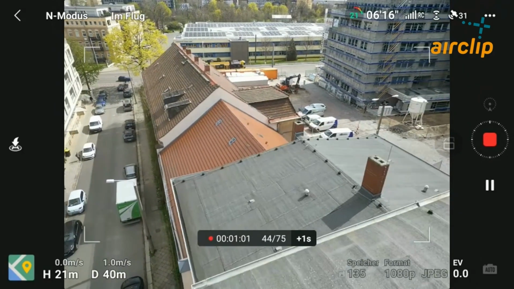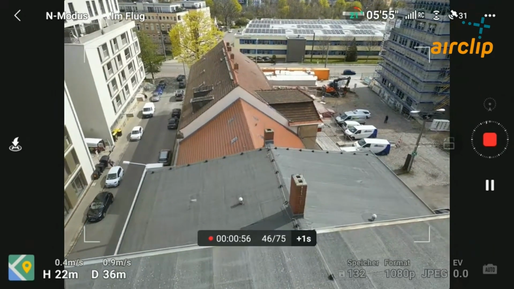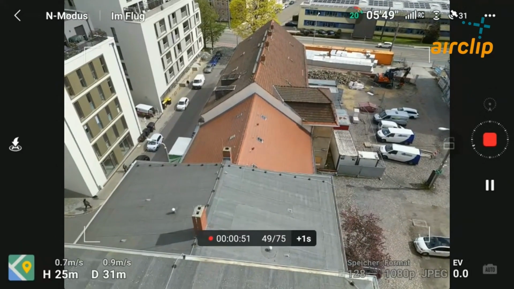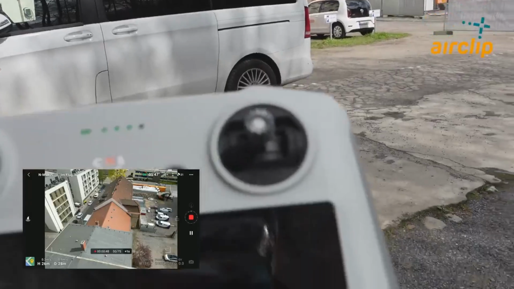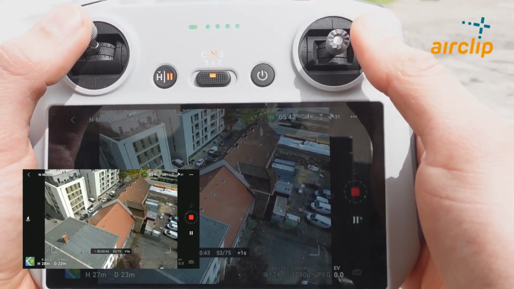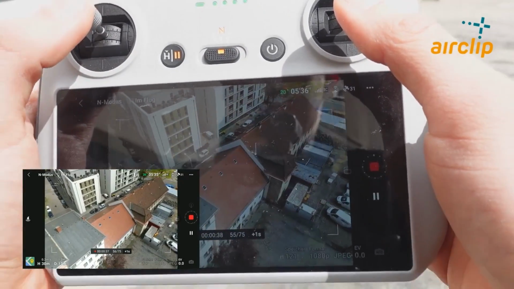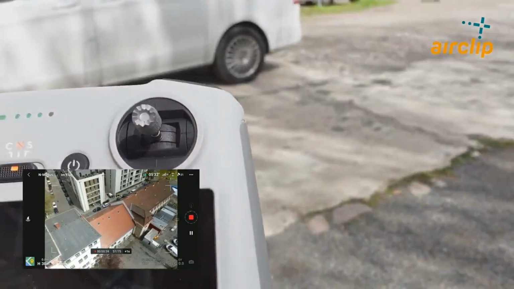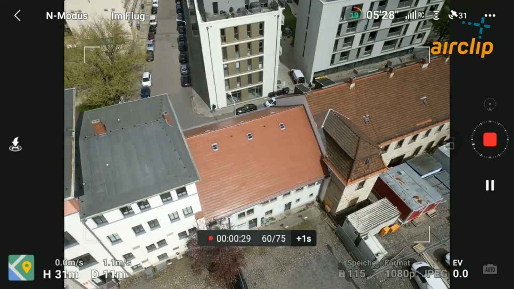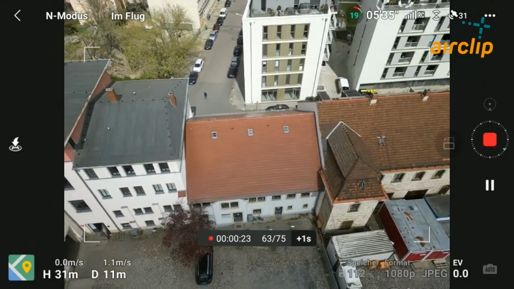In a few seconds you can see that we are now increasing the drone's altitude a little bit in order to better focus the roof. And then everything works automatically. If you move the left stick, then the altitude increases. And if you move the right stick, the distance to your roof increases or decreases, as I said, depending on whether you have obstacles around your building.